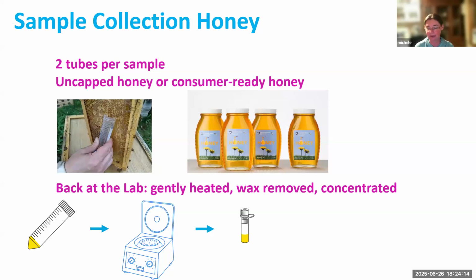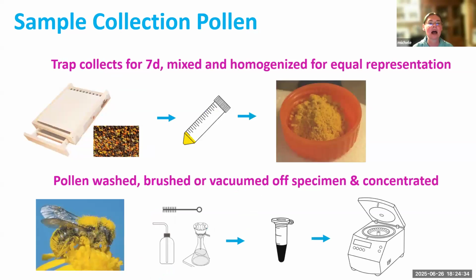It's not a problem for what I'm doing. And then the sample, I take that 50 ml tube and I literally concentrate it down in this itty bitty teeny tiny tube. Believe it or not, that's actually one of the most laborious parts of dealing with honey, the concentration. It takes about 4 hours for me to go from 2 50 ml tubes down to an itty bitty teeny bit of material.